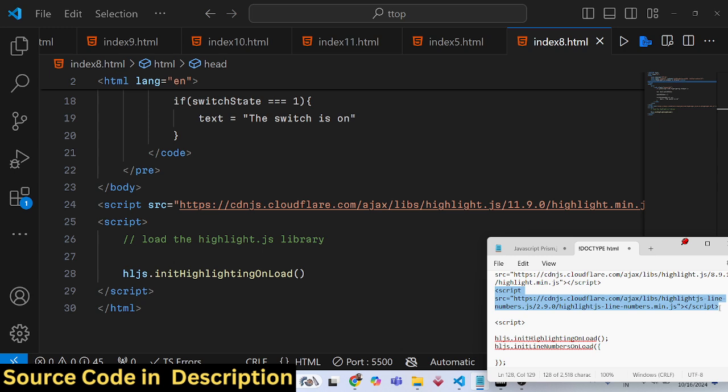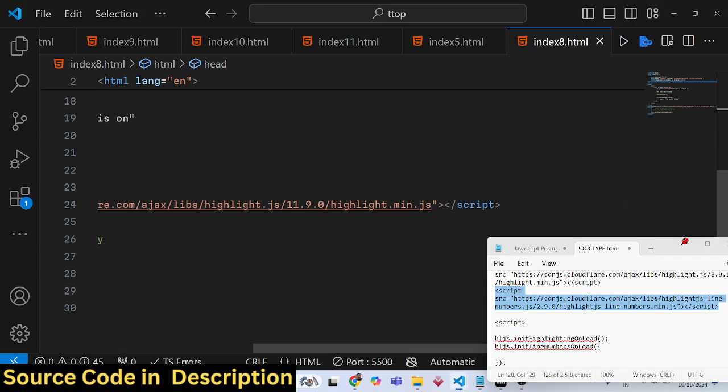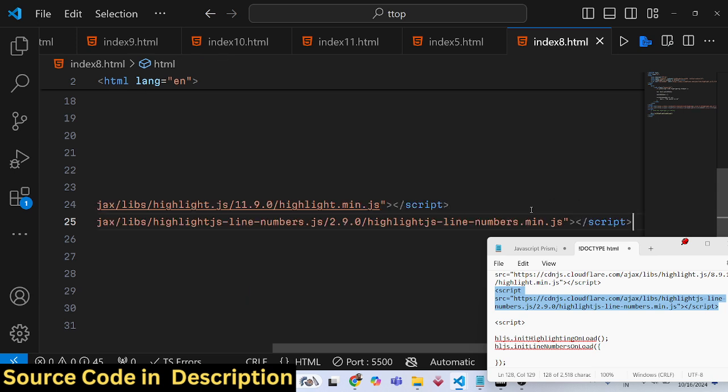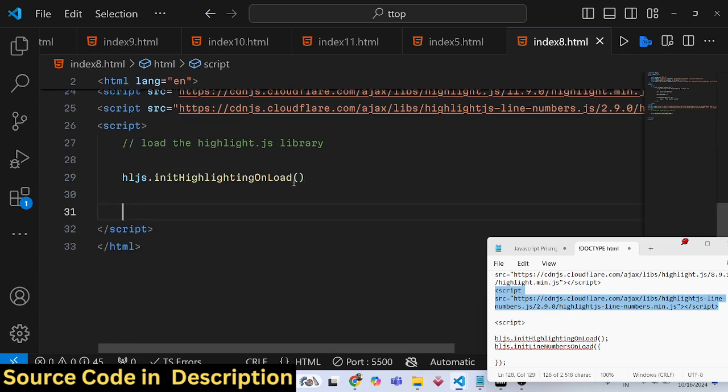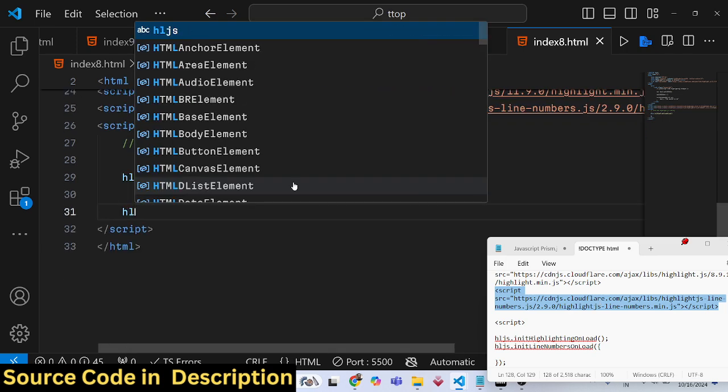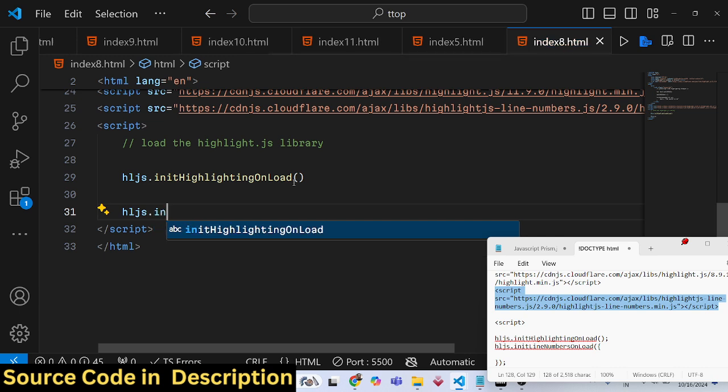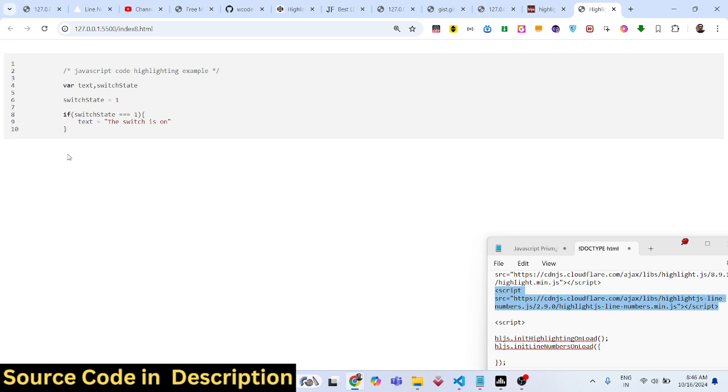So this plugin is a custom plugin. This is not part of Highlight.js. Just after you initialize the script tag of Highlight.js, simply paste the highlight line numbers plugin. After you paste it, you can initialize that plugin, which is HL.js, and it contains this function, initLineNumbersOnLoad. This is the function. If you initialize this,